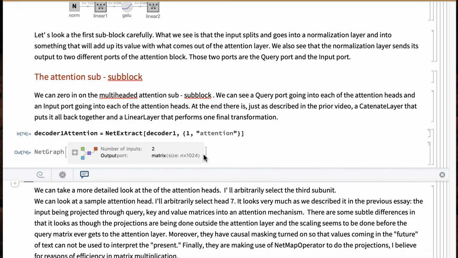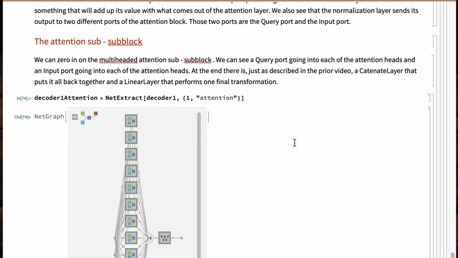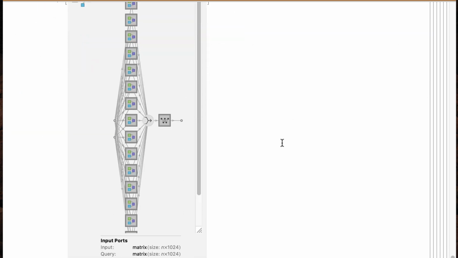All right, and we can look at this, and you can see it's kind of what we discussed, where you have input that's feeding into all of these attention components.